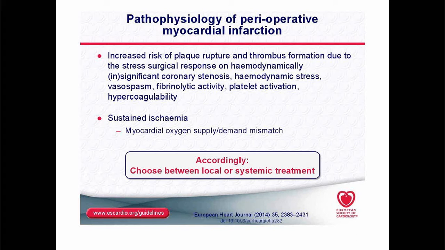it will decrease nitric oxide, producing vasospasm of the coronaries. It will induce vulnerability of the pre-existing atherosclerotic plaques, causing plaque rupture, thrombus formation, and acute coronary syndrome. Also, the stressful situation of the surgery will increase myocardial oxygen demand, producing an oxygen demand supply mismatch, producing myocardial ischemia. According to the degree of the stress produced by each different type of surgery, here is